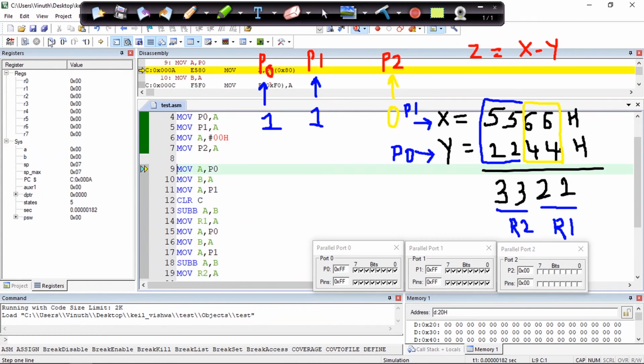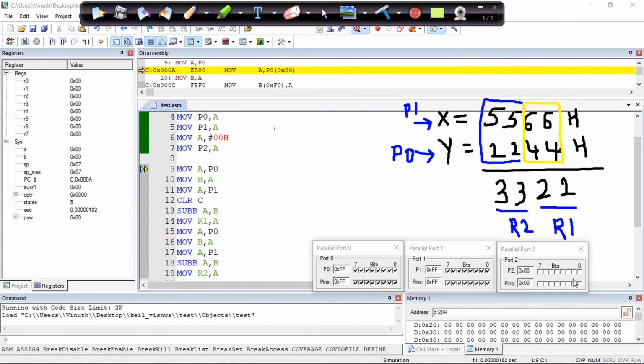I'll send this particular data to P0. Now you can observe over here the P0 value has been changed. So we are done with this particular example, that is making our ports 0 and 1 inputs and port 2 output.